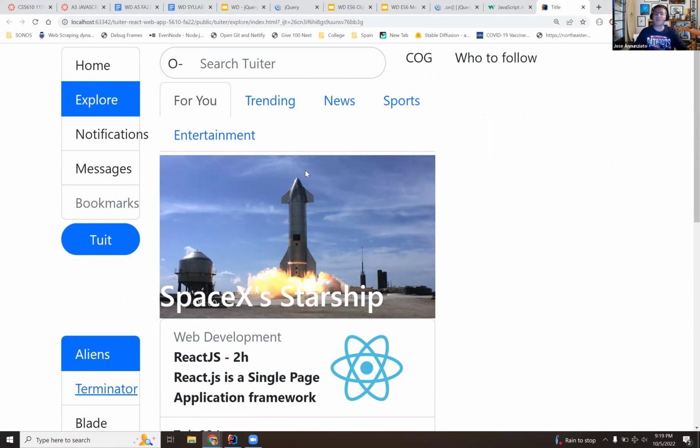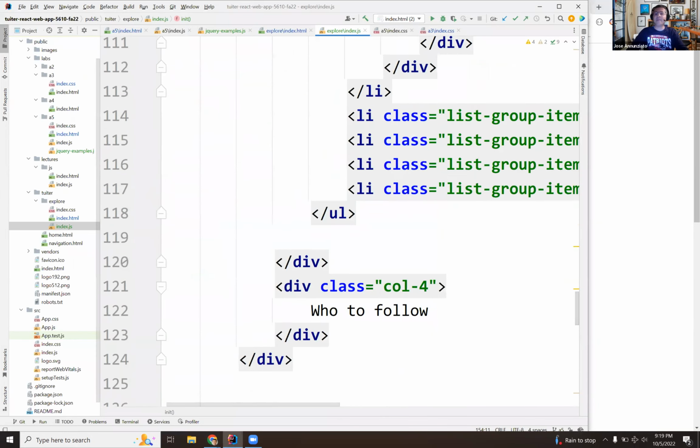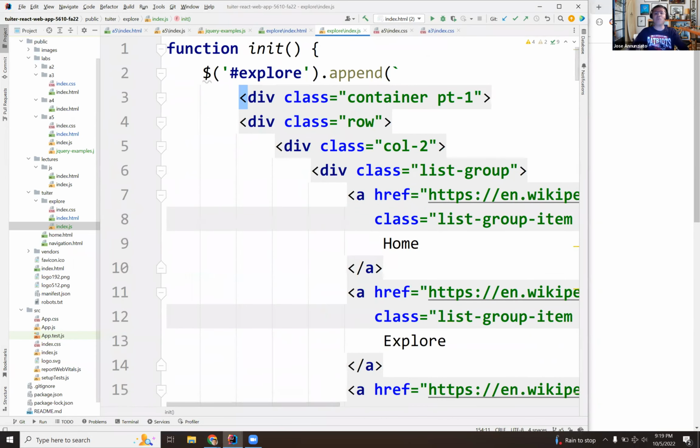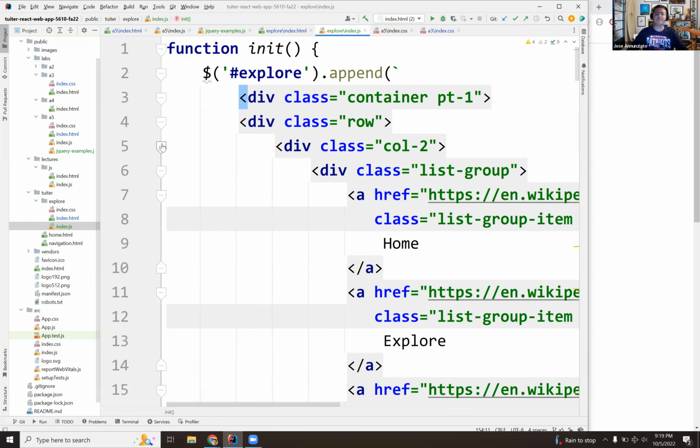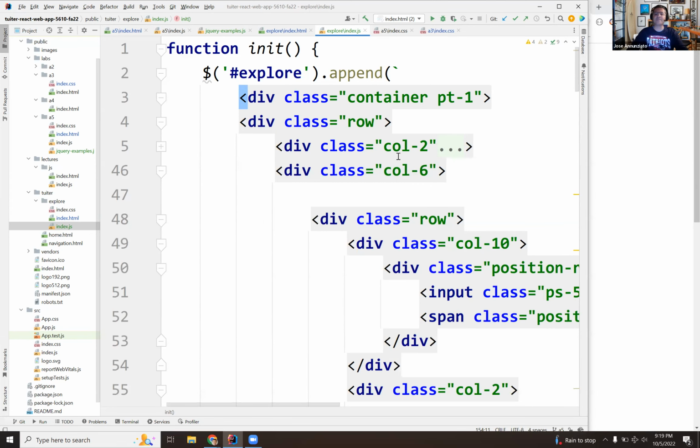Before, it was hard-coded, and the text was in the HTML document. Now, instead, we are creating one big JSON, a JavaScript object, and injecting it dynamically in there. But now, instead of having everything in one single document, we could start breaking this up. So, for instance, this left-hand side,